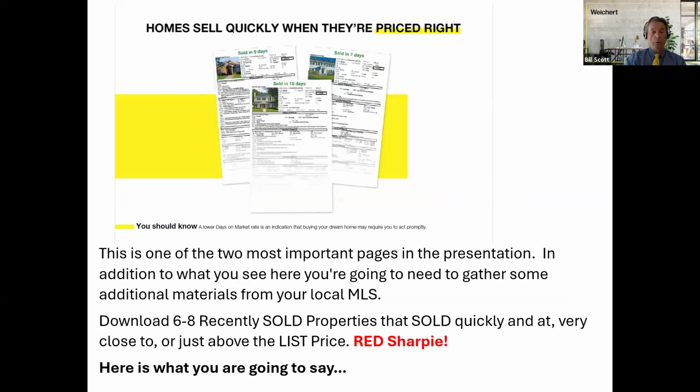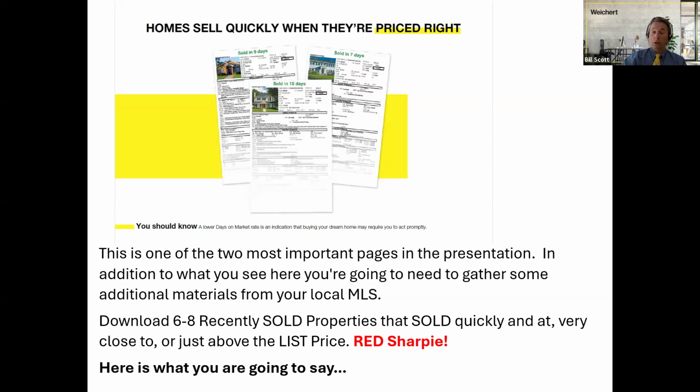This is one of the 2 most important pages. So I remember I told you one of the objectives is to get them in a position to buy at the right price when they find the right property. Okay. And so with this, you're going to use the page in this presentation, but you're also going to need to do a little bit of extra work, and you're going to need to go to your multiple listing service